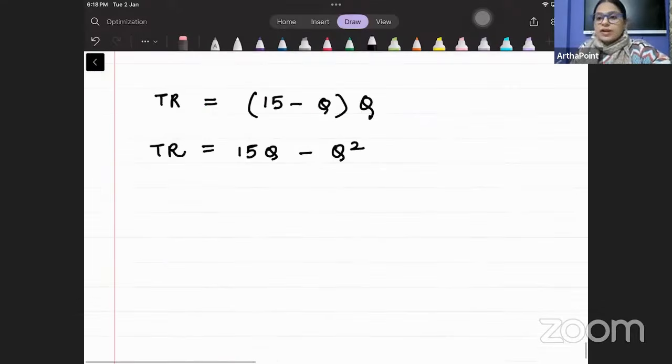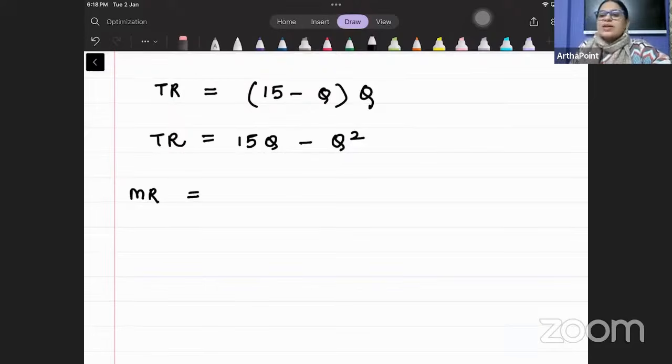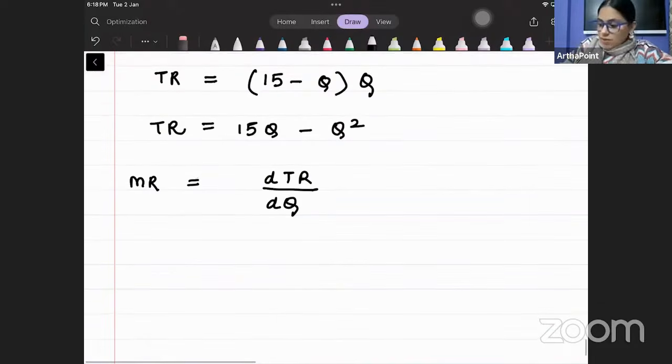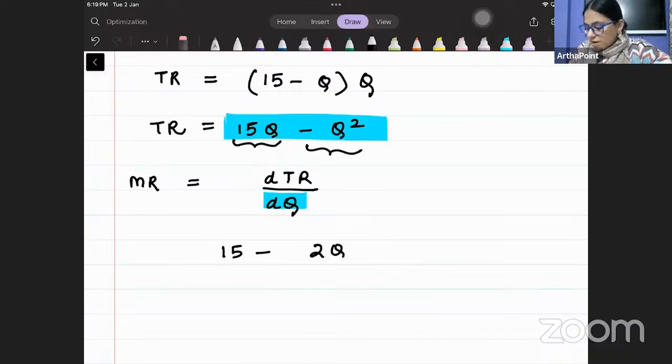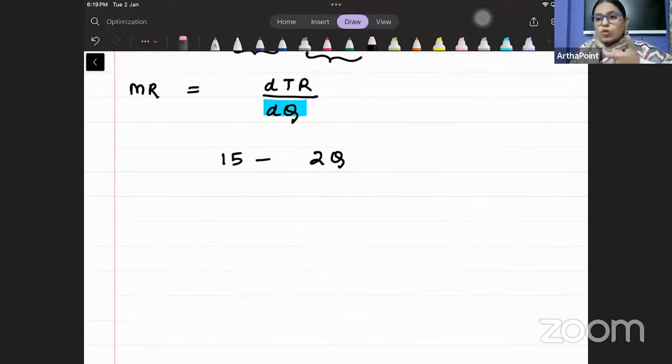कैलकुलेट मार्जिनल रेवेन्यू। तो मार्जिनल का मतलब हो जाता है टोटल का डिफरेंशिएशन, हमेशा याद रखना, जहां पे भी मार्जिनल पूछे वहां टोटल को डिफरेंशिएट करना है। तो मार्जिनल रेवेन्यू हो जाएगा हाउ टोटल रेवेन्यू चेंजेस एज क्वांटिटी चेंजेस। तो हमने इसको डिफरेंशिएट करना है Q के रिस्पेक्ट में। तो बच्चा 15Q का डिफरेंशिएशन हो जाएगा 15, और Q² का डिफरेंशिएशन हो जाएगा, पावर विल रिड्यूस बाय 1, 2Q। तो ये हो जाएगा हमारा मार्जिनल रेवेन्यू का आंसर।